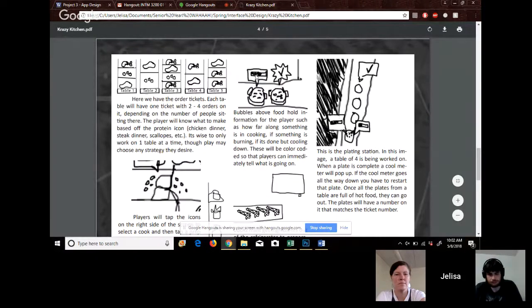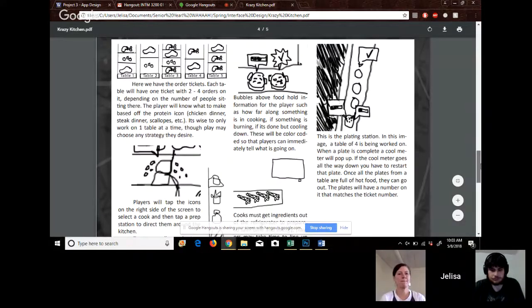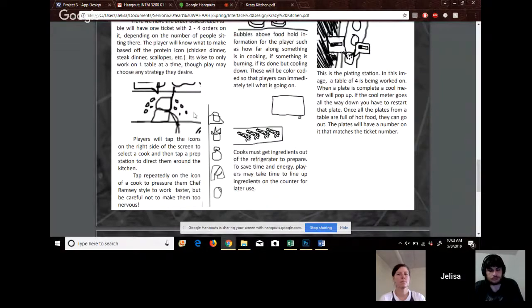We have meters to tell how far along we are cooking or pulling down. We have it color coded so that people can see what's happening. The plate station. Also, there's a mechanic where you can put pressure on the cooks so that they can move faster.